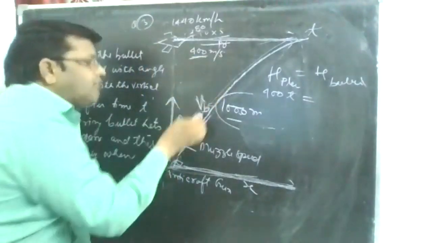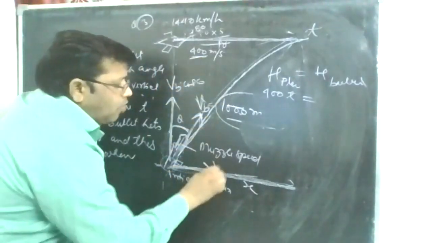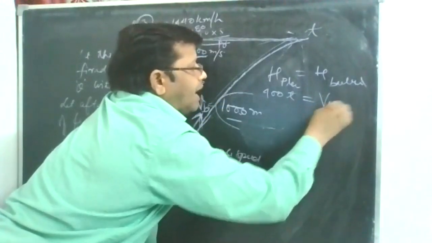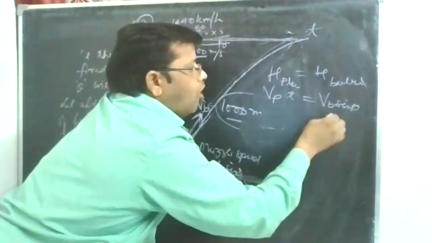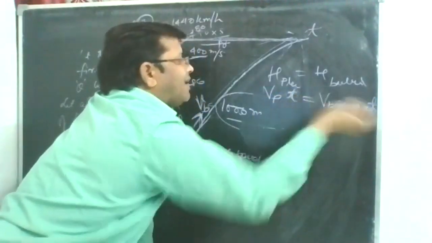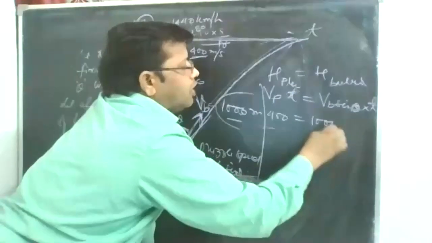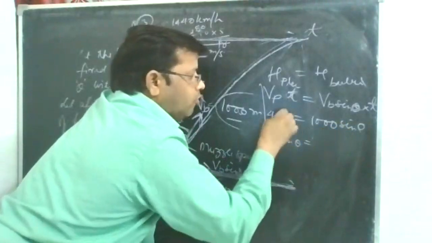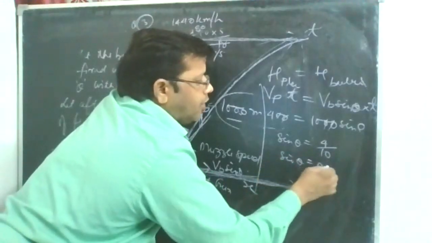बेटा मैंने बताया था, जिधर से एंगल बनता है बेटा cos, और जिधर से 90 माइनस थीटा बनता है बेटा हो जाएगा साइन थीटा। तो अब चेंज हो जाएगा बेटा: वेलोसिटी ऑफ प्लेन इनटू टाइम, वेलोसिटी ऑफ बुलेट का साइन थीटा कंपोनेंट इनटू टाइम। बेटा दोनों का समय t सेम है, t कैंसिल हो जाएगा। प्लेन की वेलोसिटी 400, और बुलेट की वेलोसिटी 1000 इनटू साइन थीटा। तो साइन थीटा की वैल्यू क्या होगी? 400/1000 = 4/10, यानी साइन थीटा इज इक्वल टू 0.4। वैल्यू देख लेंगे ट्रिगोनोमेट्रिक टेबल से,